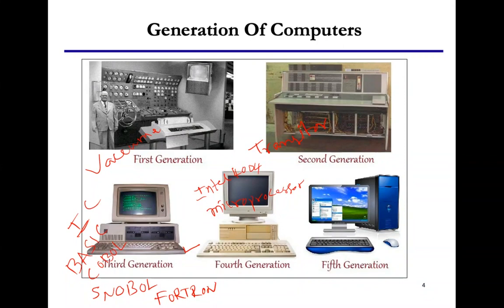Whereas the computers of the first generation filled an entire room, the fourth generation microprocessor fits in the palm of a hand. This generation of computers used an operating system based on the graphical user interface, GUI,